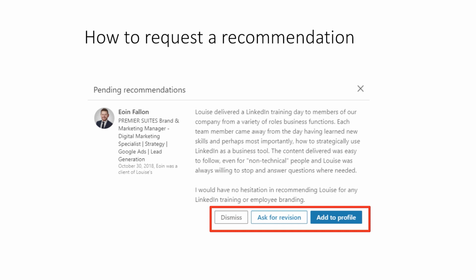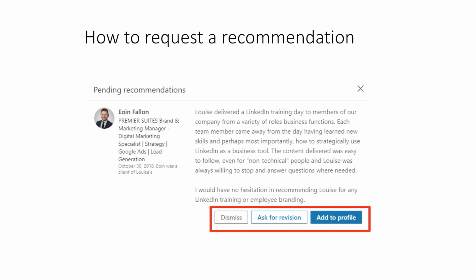So just in summary, recommendations are really, really powerful, and they're not employer references. They can come from anybody. They can come from somebody you worked with previously, somebody you're currently working with, or a client or somebody that you've done a bit of work with, or somebody that you were in college with. And when you're asking for the recommendation request, please just remember to ask them verbally in advance so that they know to watch out for when it's coming. And when it's pending, it doesn't appear on your profile.